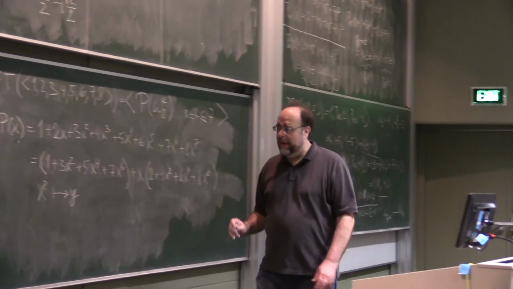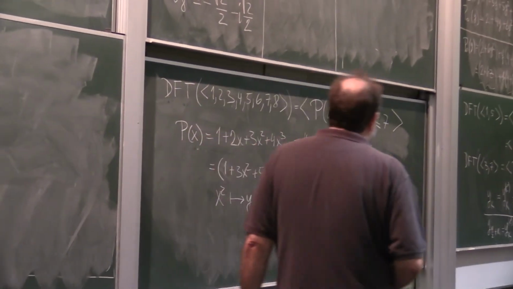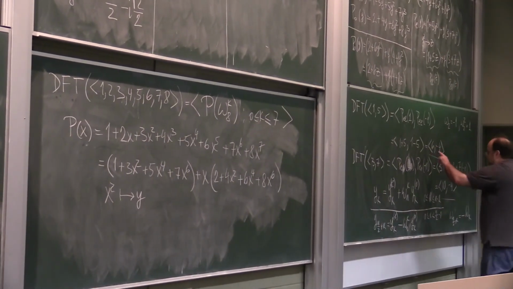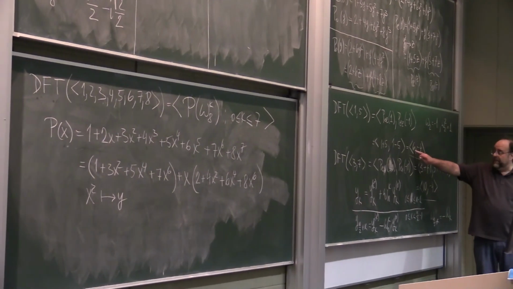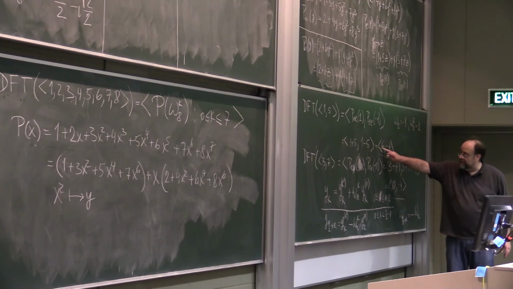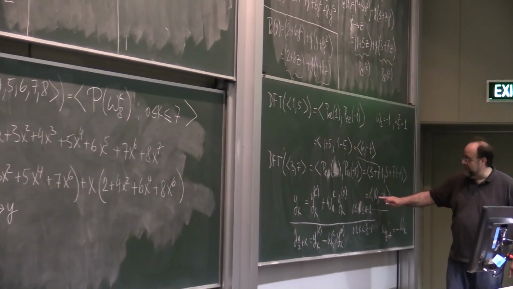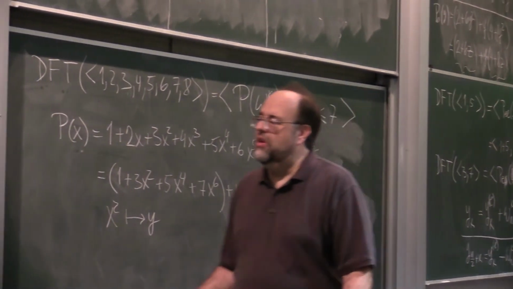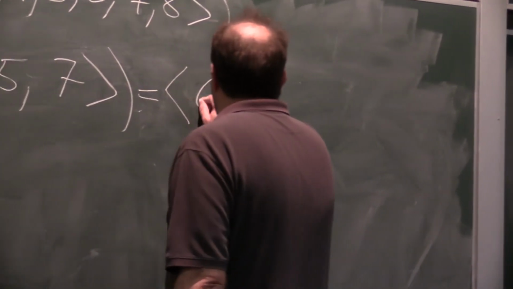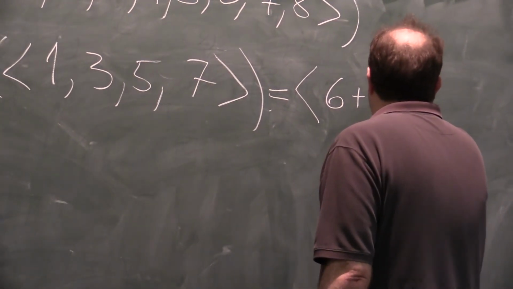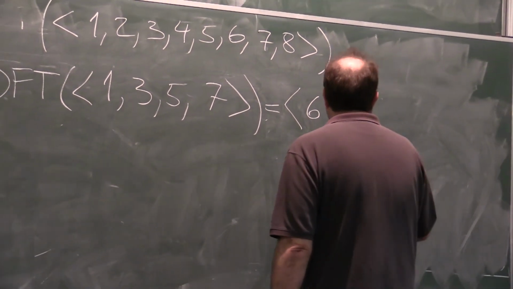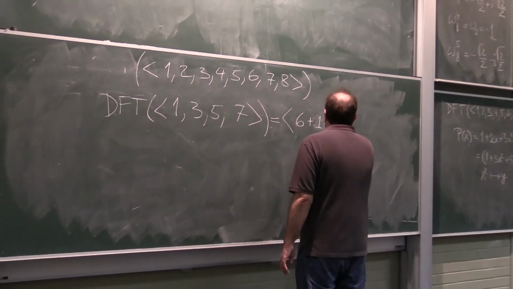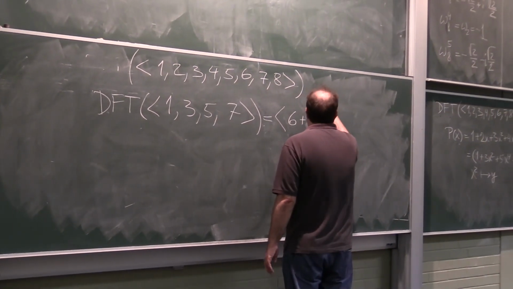So the first coordinate is 6, and I have to evaluate it first at 1, right? So it will be 6 plus 10 times 1,